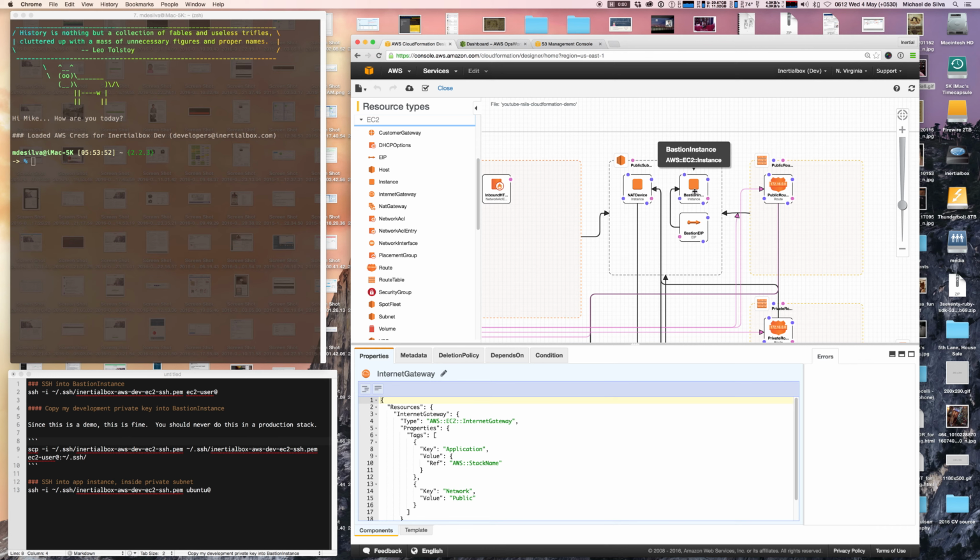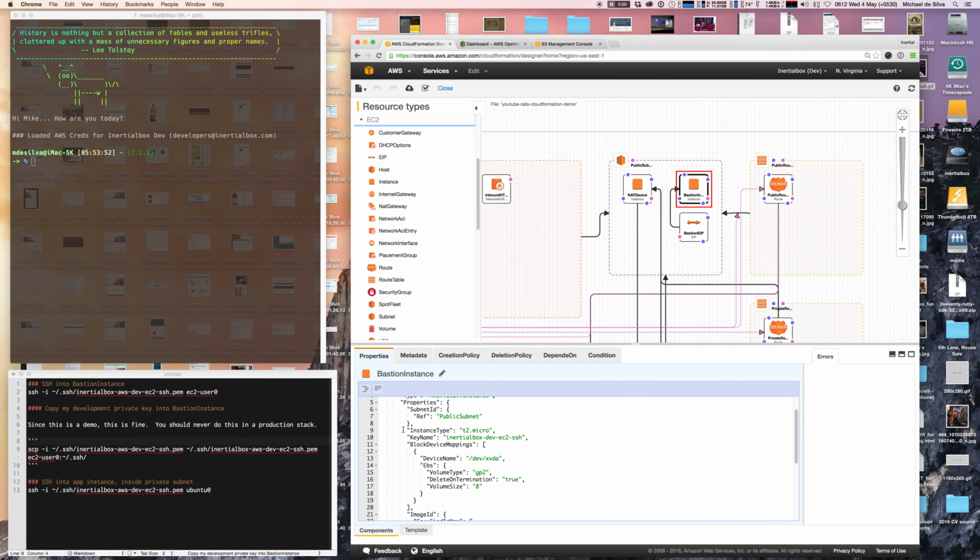For one, I've introduced something called a Bastion instance, sometimes called a jump host. And I've set this up with an elastic IP, so that when this starts up, it will have an EIP. Just to run through the JSON config here, it's quite simple: an EC2 instance. I've given the key that's in my account, so I can SSH in. I've set up the root device,